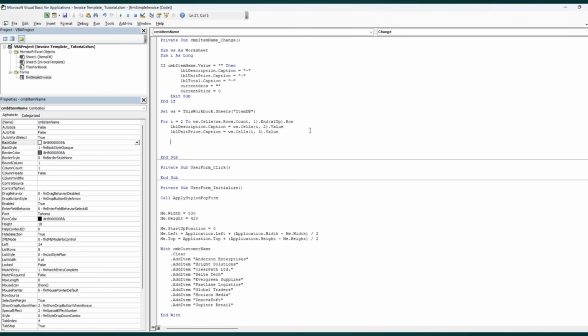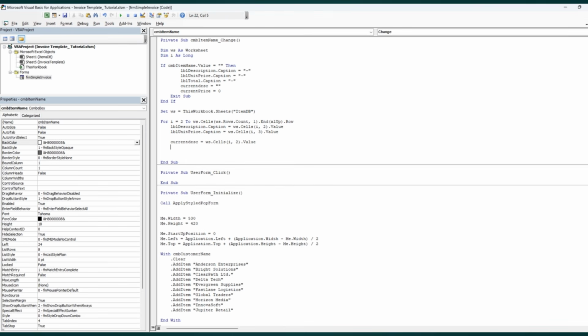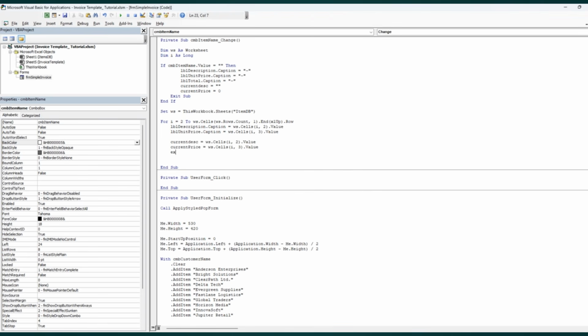And then there are two critical things we need to write here. Current DSC, we need to correct it up here, equal WS dot cells I, 2 dot value, and current price equal the third column up here. Exit